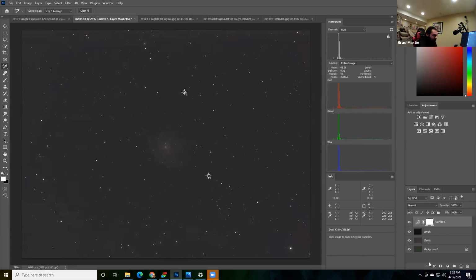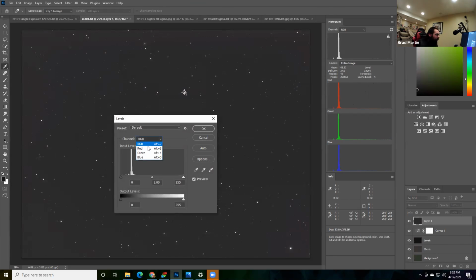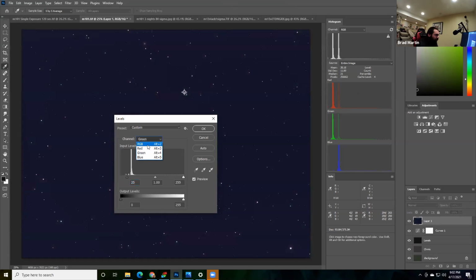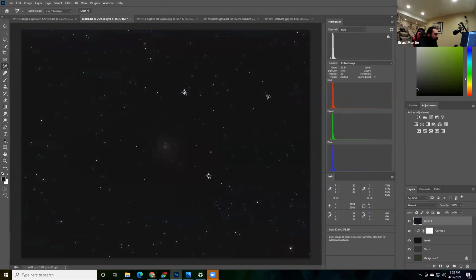And every time I do it, I have to go back and readjust my levels. So I go in and do the same thing over again. I just drag this in until I get to my value of 19 that I've chosen. So let's see, this needs to be 25 to make that 19. And then green will be set to 25. And you see that this is changing the colors as it does this, because I'm adjusting each channel individually. And there we go.